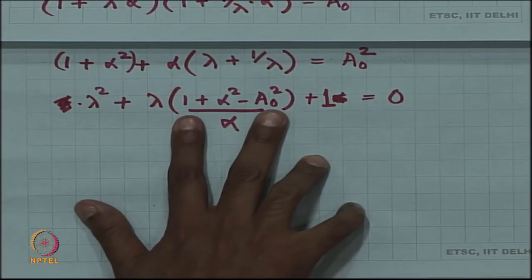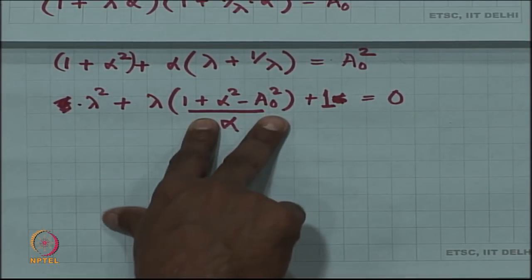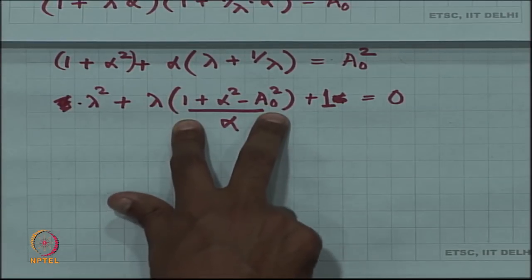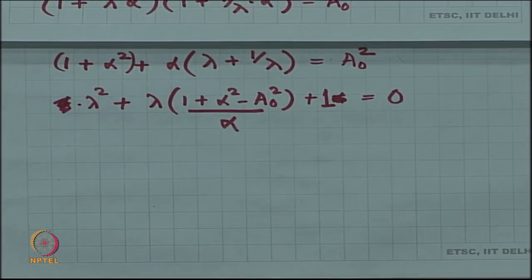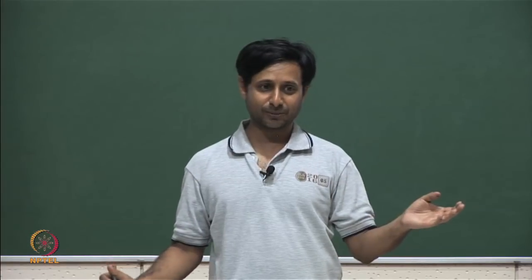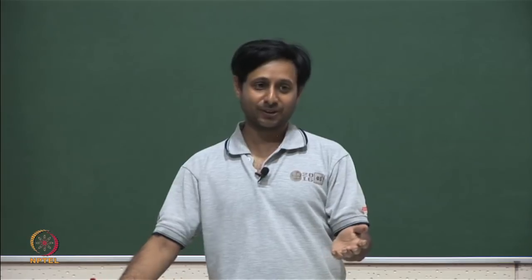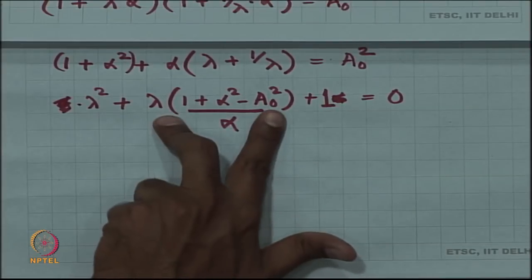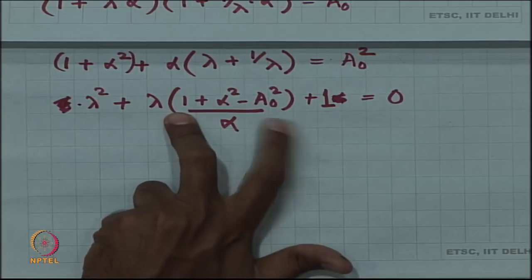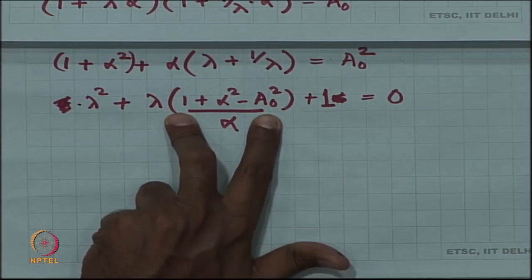No, it is minus b by a, not b by 2a, it is minus b by a. So, it is just this negative of this is the sum of the two roots. So, if I call the two roots as lambda and 1 by lambda, which they are. Okay. One of the two roots is omega 2 by omega 1, the other root is omega 1 by omega 2. So, the sum of those two roots is actually negative of this middle coefficient,